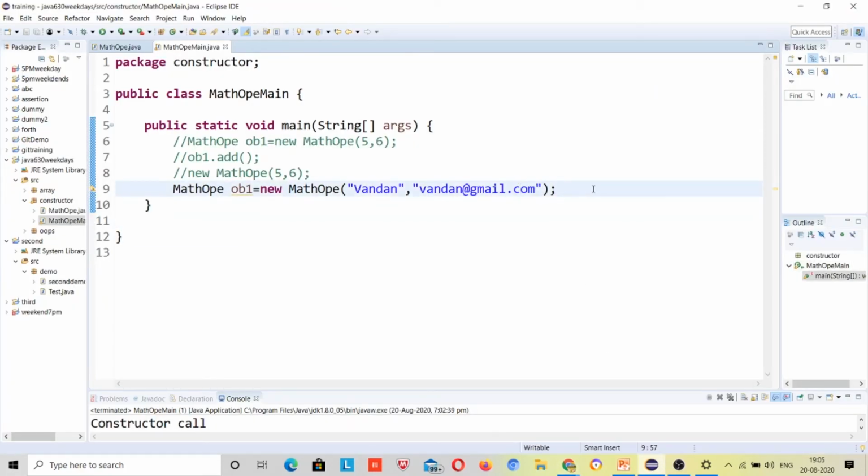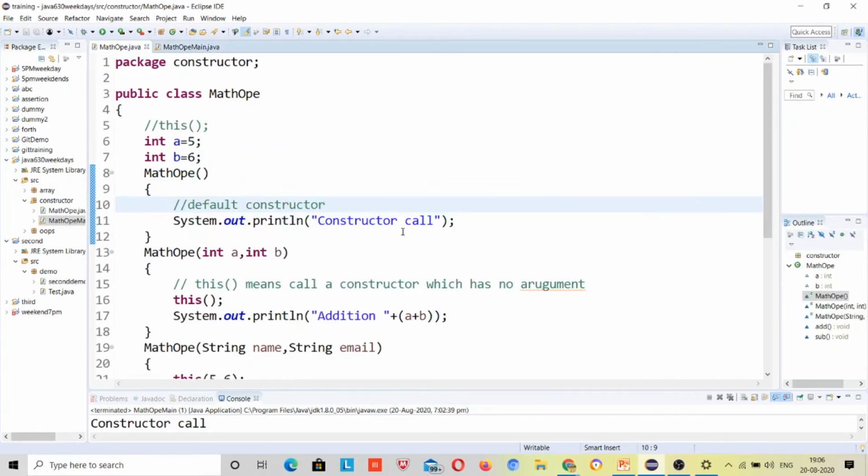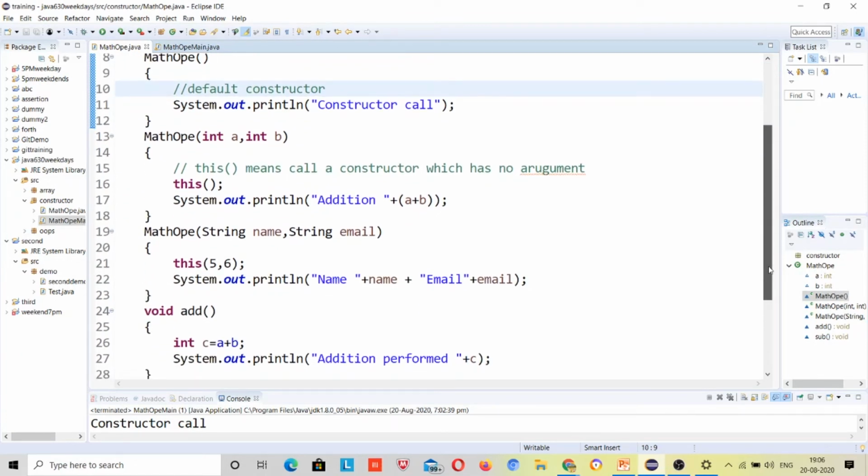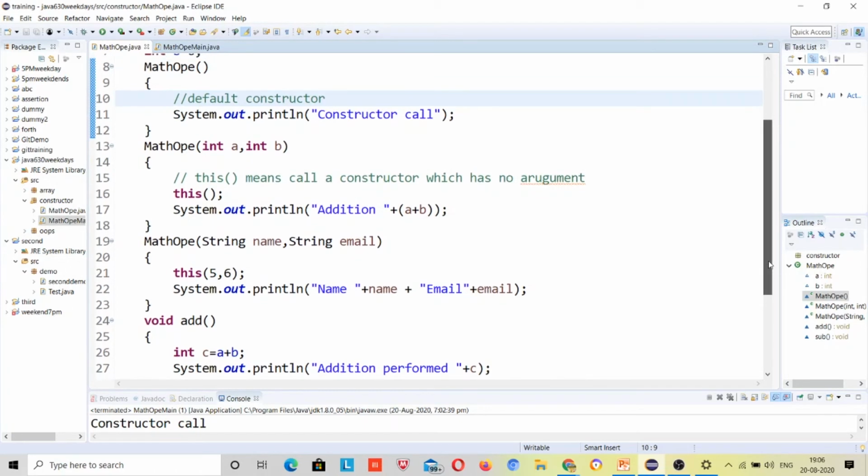So first it will call the string constructor. Okay, it will come here, right? First it will display 5 comma 6, the addition 11, then it will display the name.